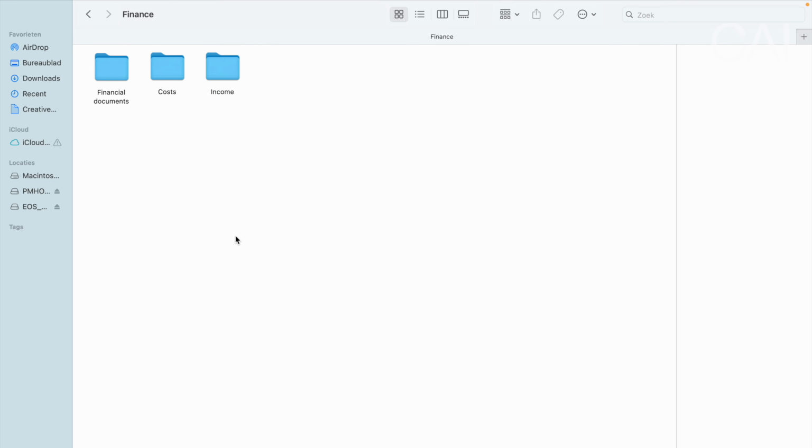Next we have finance. This is something many artists dread to take care of. However, it is very, very simple. All you need is these 3 folders. Financial documents, for instance, for your accountant, taxes, but also overviews, reports, comparison of the turnover and the costs that